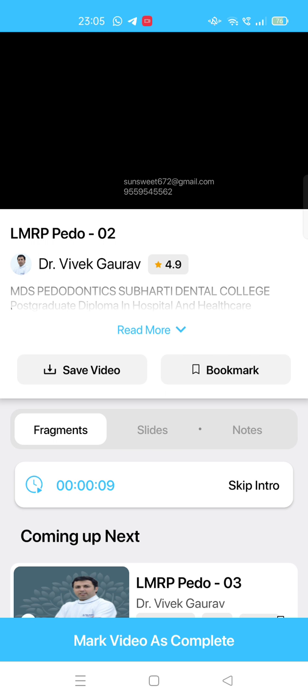Now, while you see the increased rate of internal and external root resorption, and the increased rate of reparative dentin formation, these two questions are regularly asked in the AIIMS exam, and are very important for the NEET exam also. The reason is that the primary teeth basically have an increased blood supply, and we know that the pulp is basically a mesenchymal tissue. So these mesenchymal cells get differentiated into odontoblasts, and some of the cells also get differentiated into odontoclasts.